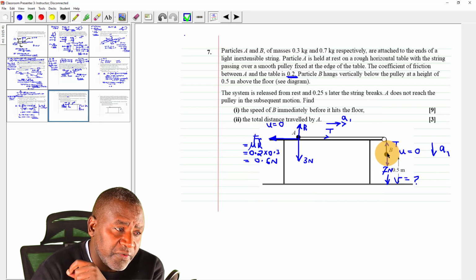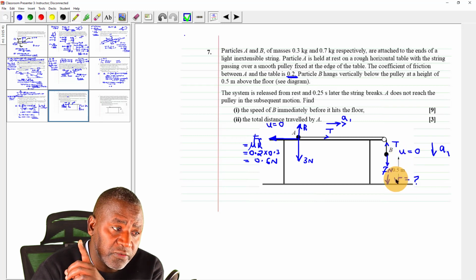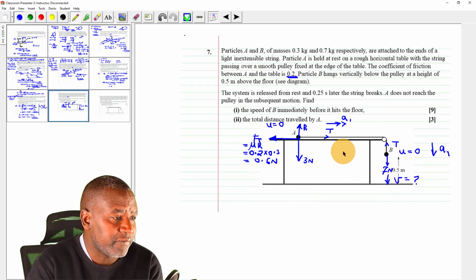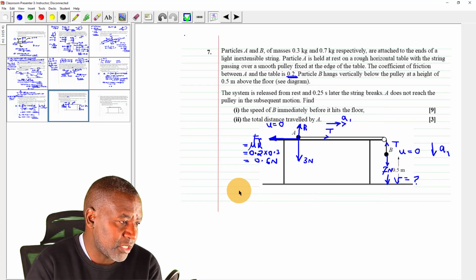Now, if I can work out the speed it has just before the string breaks, I can calculate the speed it will have when it just hits the floor, because I can't use one single equation for the whole motion. So let me therefore start by working out this acceleration 1, and it is possible to work out that, because I will say for particle A,